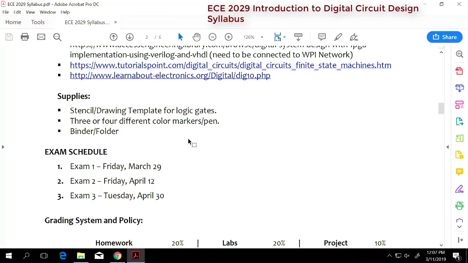I usually give the syllabus in a hard copy form, but this is such a big class, I decided not to do it this time. According to one research, when you graduate out of school, you have actually consumed 2 trees in paper supplies when you are going to engineering school. So I'm going to be printing on both sides of the paper, and a binder and a folder, which you might already have. That would be nice, you can keep.